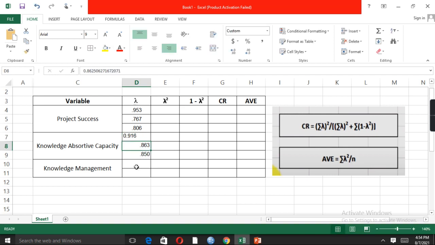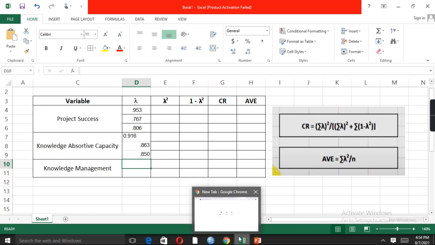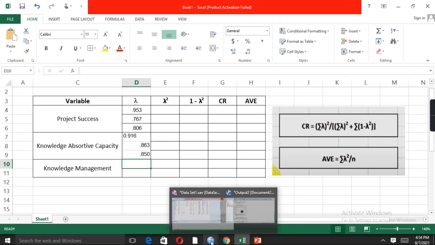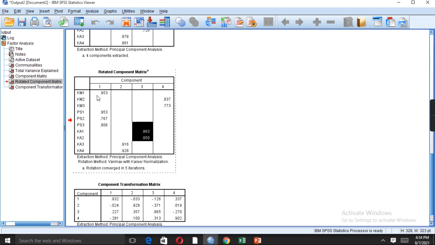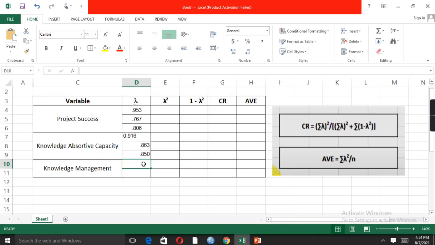So similarly, just going to copy and paste the values of knowledge management. So these two items, copy and paste into the Excel document.